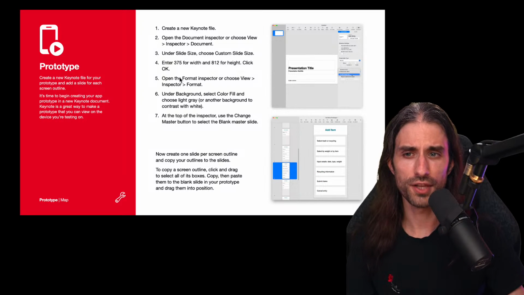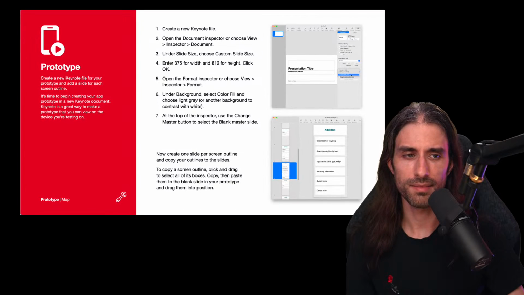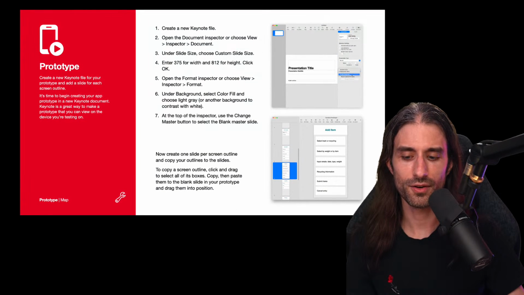So now they talk about prototyping, so how you can prototype using Keynote. So let me, you know what? I'm gonna have a look at this other Keynote file. I'm not sure if I can, because I already have one open. I'm not sure if I can open it here, but they show,